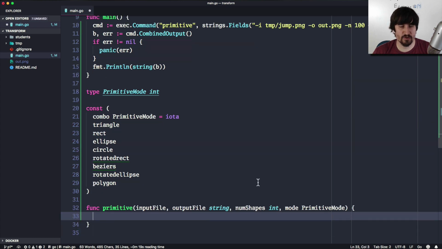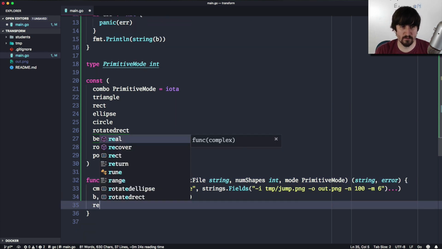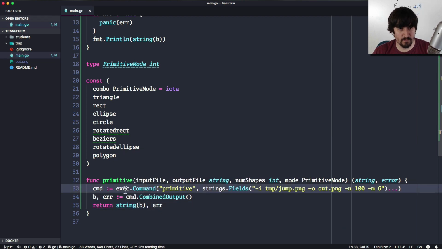And we're going to go ahead and just try this out. We're going to copy this command in the combined output. I guess for this, we could just return a string and an error. That's basically the combined output return values. So we could return a string of B, error. And then for this command, we're running primitive. I think we're still probably going to do string.fields, but what I'm going to actually do is just